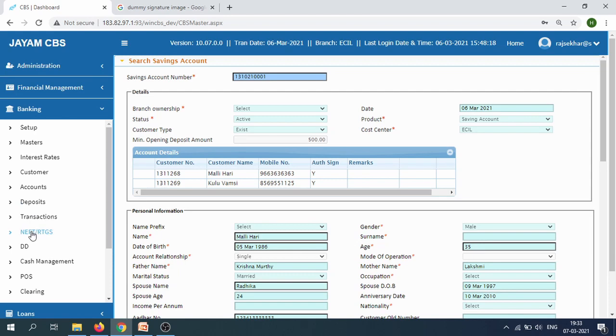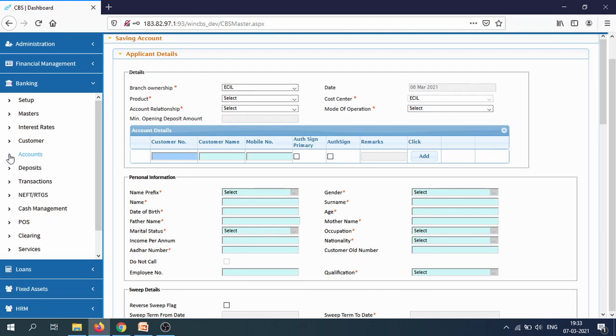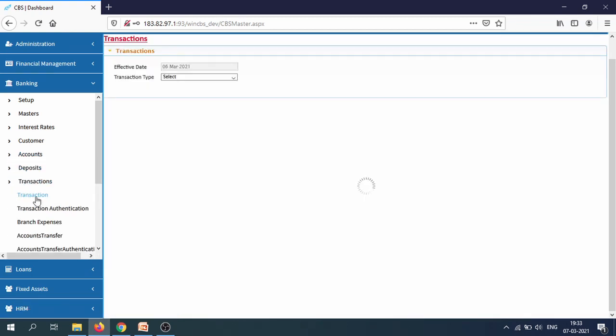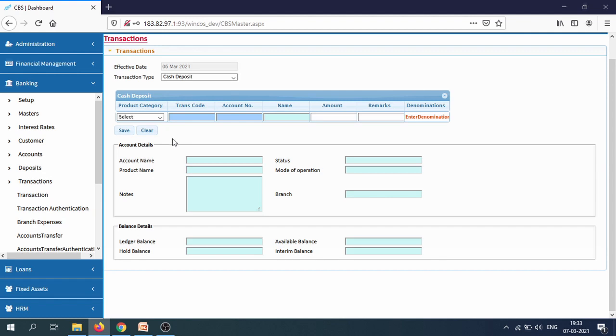Now I will do one cash deposit and cash withdrawal for this new account. So first will be cash deposit. This is a savings account. I will say product category is savings and transaction type is cash deposit.